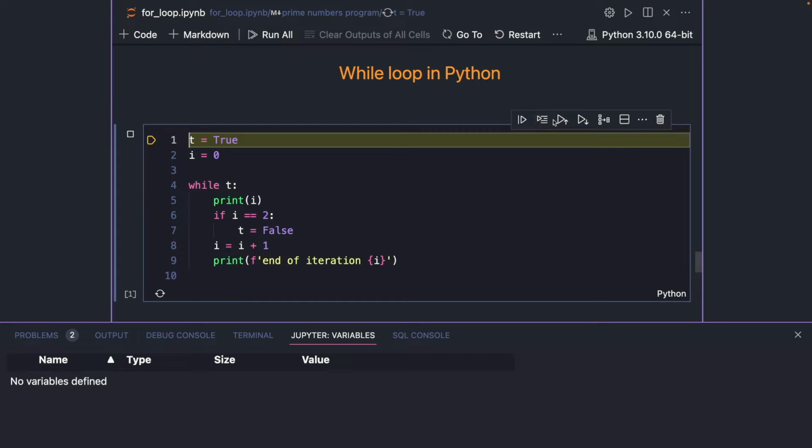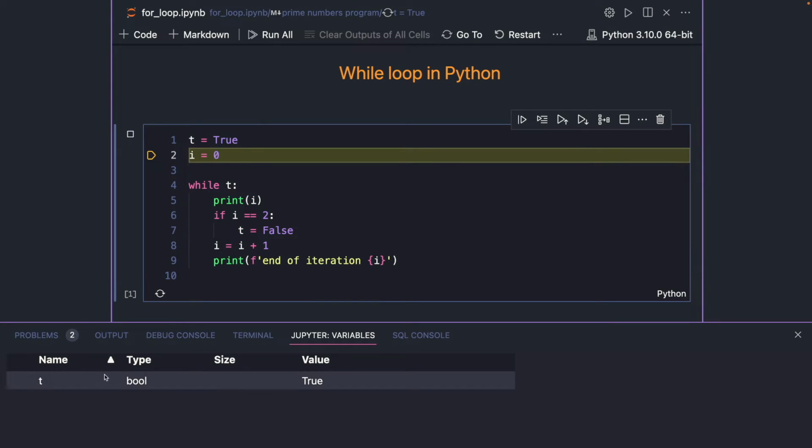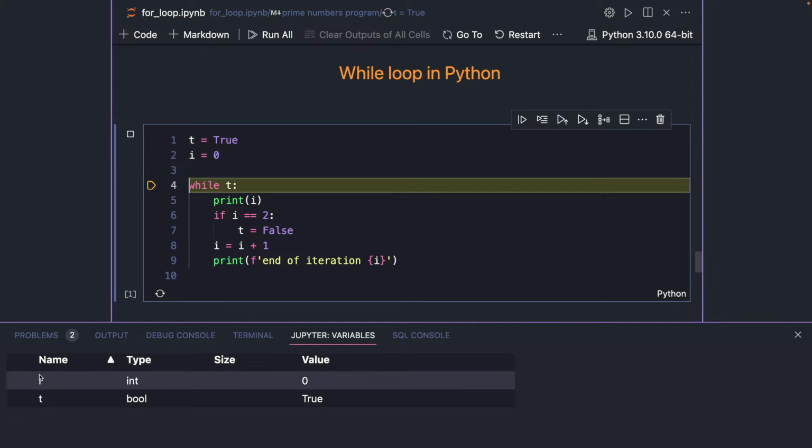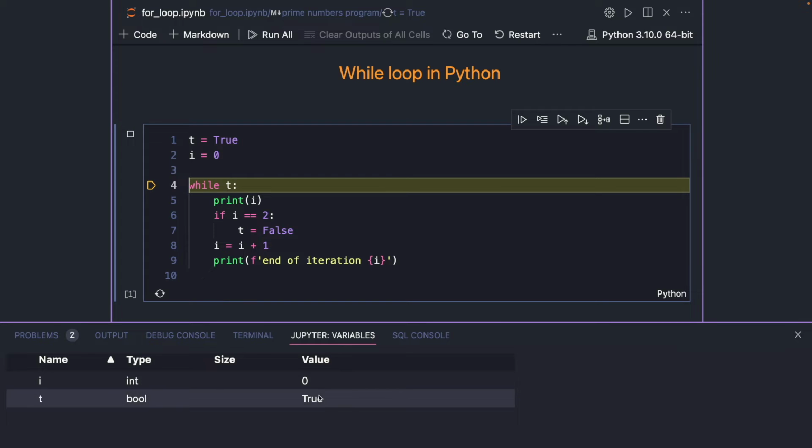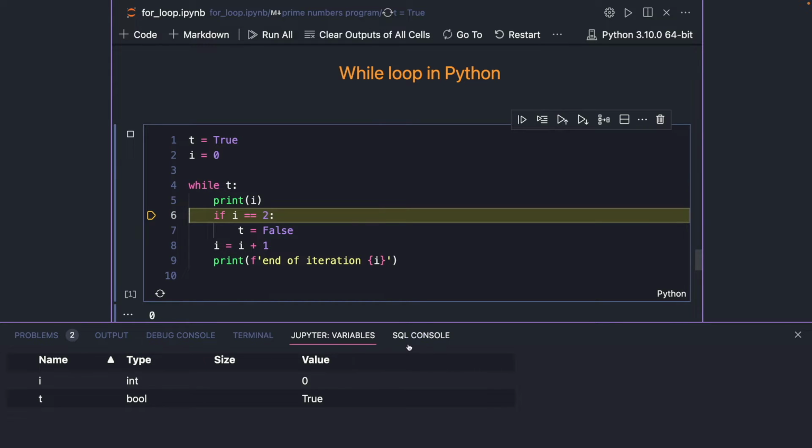So now I'm executing my first line. Look very carefully. This is the memory. Now we have this variable t which is referring to the value True. And then we have created a second variable i which is referring to the value 0. Now we are running this while loop. In the first iteration, when we execute the first line of this while loop, you can look in the memory, t is now referring to a True value. So whenever it meets a True value, its iteration will run. That's the reason we are running